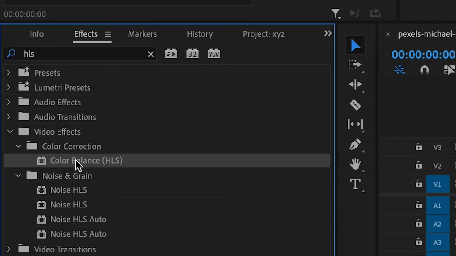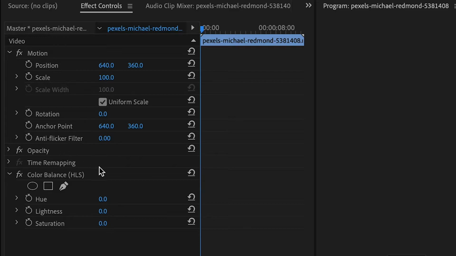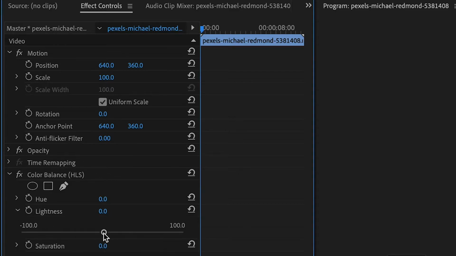color balance. Apply this on footage and on left side you can see some settings. So first go to lightness and from here you can set lightness according to your wish like this. So I set this on 30 and next